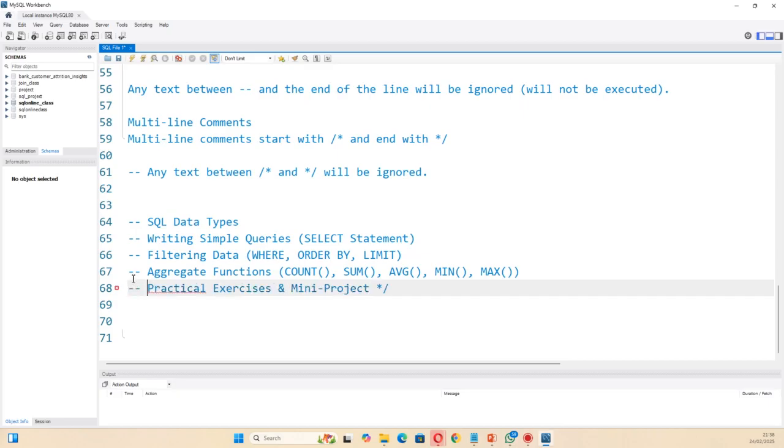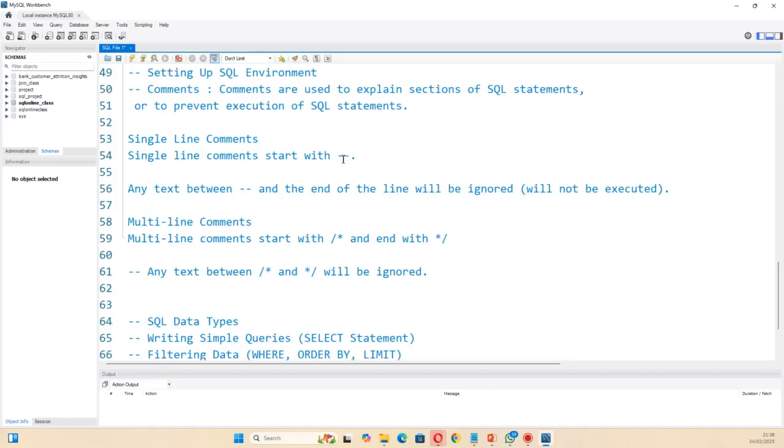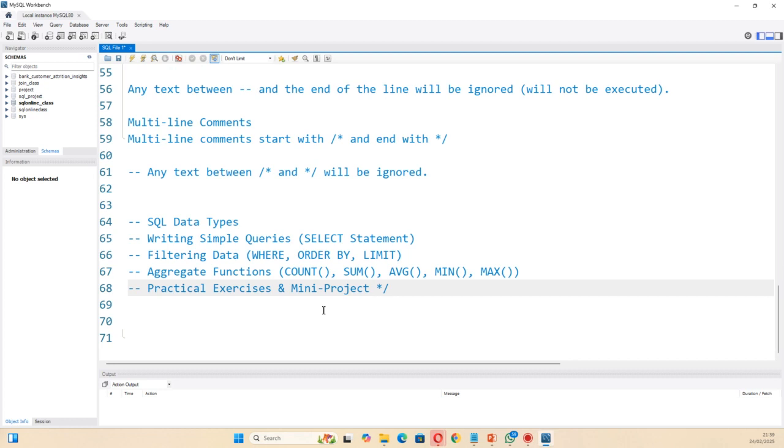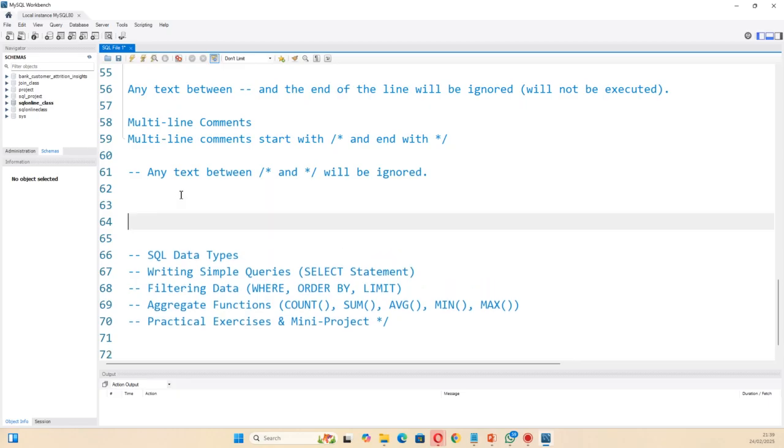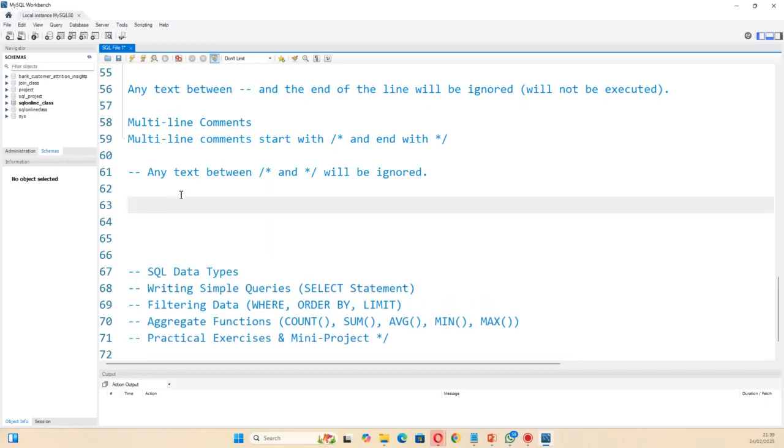So guys, anytime you want to do a comment for more than 3 or 4 lines, you don't want to use the hyphen. Just use this multiple line comment. We're going to be looking at an example of this in the class. Okay, so let me show you an example of each of them. For instance, for single line, I can tell you to